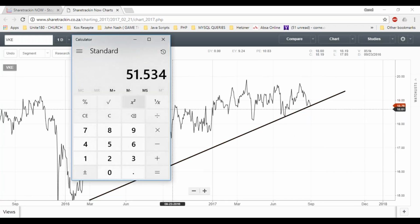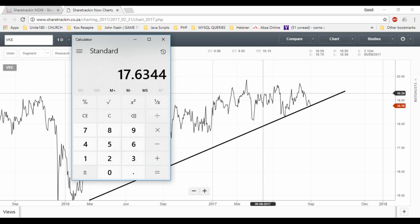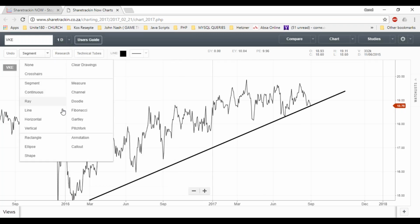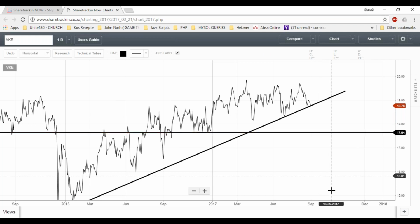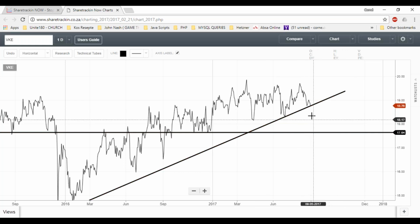trading for 1876. You can deduct that 6% stop, which means that your stop loss level is at 1763, which is all the way down here, right? So you can clearly see that the stop loss is all the way down, and it has to travel quite